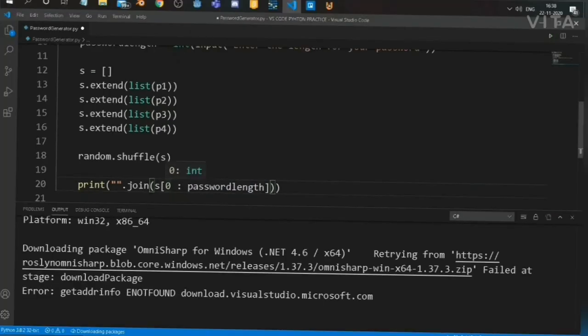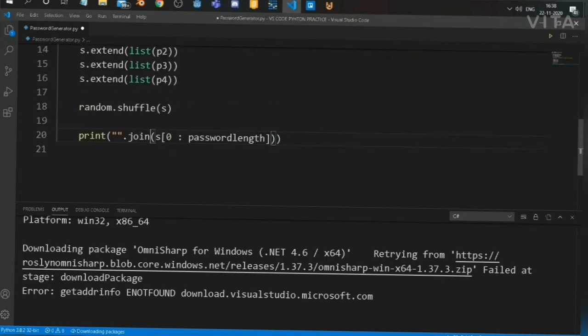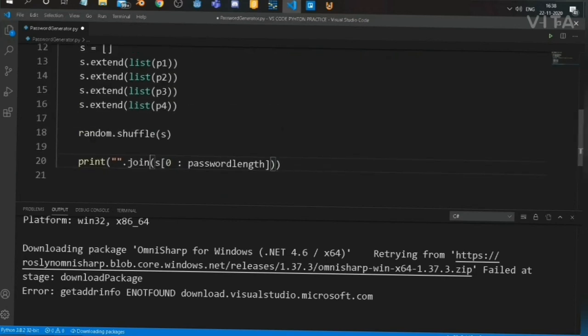We have 0 because we want to start from the starting, and then colon and the password length, I mean from 0 till the password length that we have given as the input. So now let's run this program.